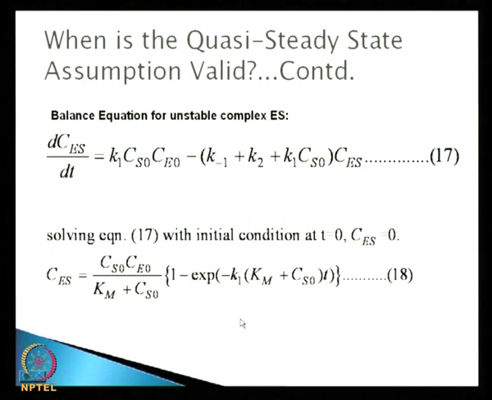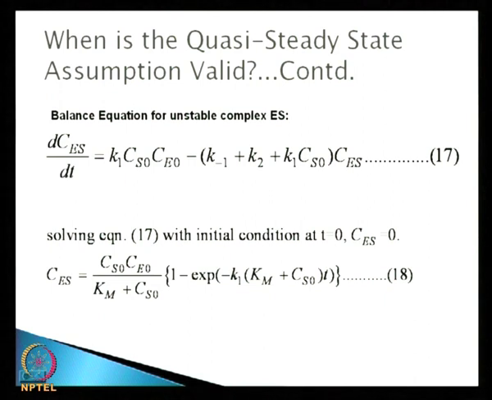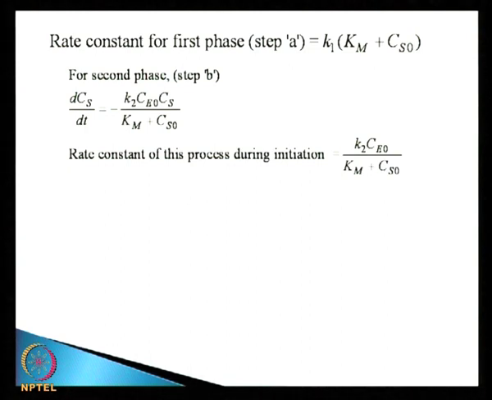The right answer is you have del Cp del T equals K2 into CES, and CES is given by that. So your del Cp del T is essentially K2 into this part times exponential minus time. So the rate itself is now a function of time. You see the difference. In equation 17, the rate itself is not a function of time. Only after you integrate it, it becomes a function of time. But when you do the second part, the rate itself becomes a function of time, right? But I am trying to do a pseudo first